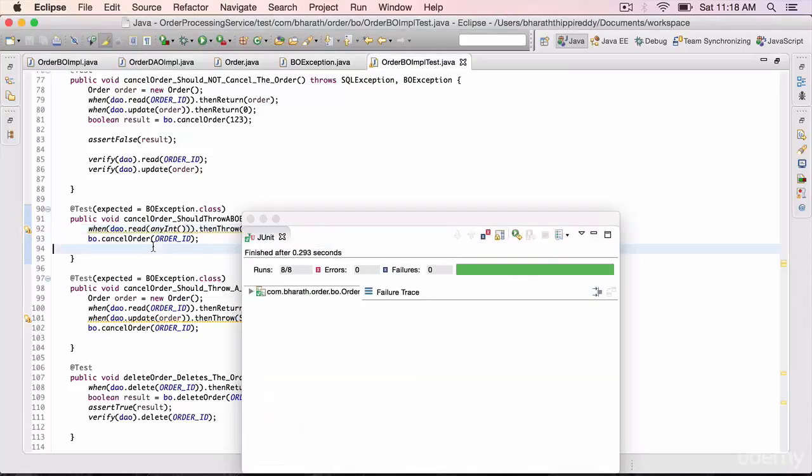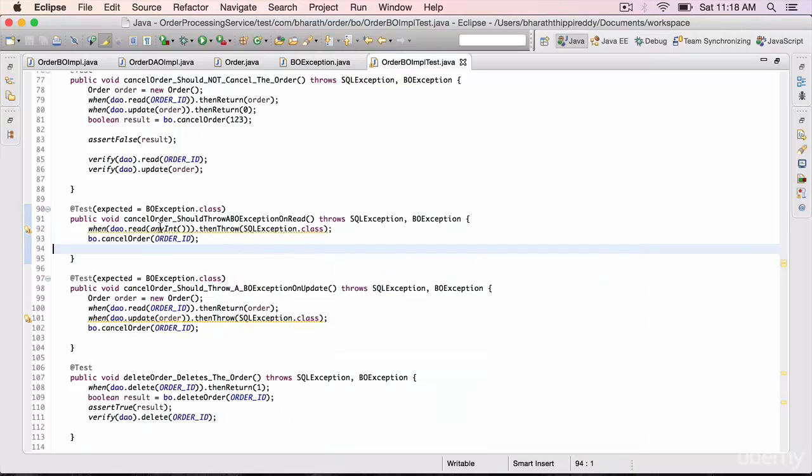And if I run our methods, everything still works. Everything is still green. So it's a convenient way to use the matchers and to make sure that the values that we are passing in are of the exact type. And it's also easy for us. We need not create the entire object.